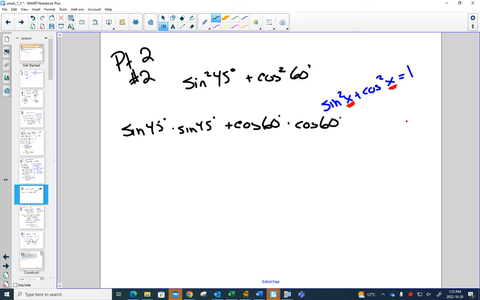That would mean the same thing, because when it's squared, it means multiply by itself. And so, what is sine of 45? It's root 2 over 2. And you're going to have 2 of them, so you can either write them out twice or just write squared. Probably, since this is squared, you would not take all this extra time to write this out, but just say, I know sine of 45 is root 2 over 2, so sine squared of 45 would be root 2 over 2 squared. And cos of 60 degrees,